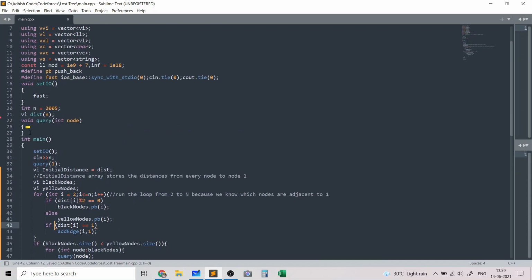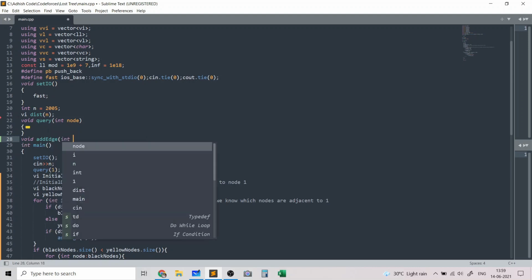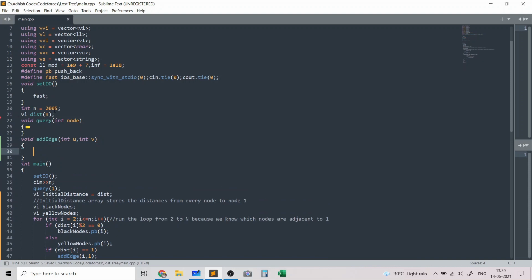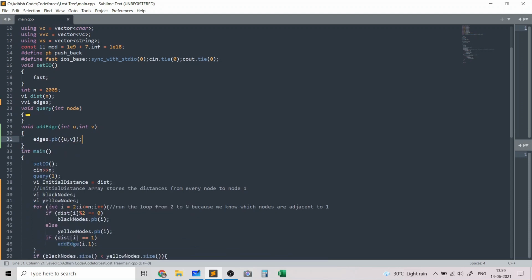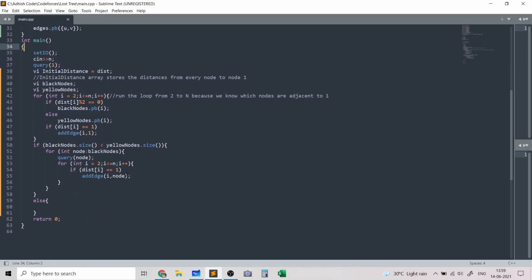and that means I'll have to implement a function add edge which takes in two parameters u and v and basically adds an edge. And adding an edge is simple because we basically need to store the edges list. So we basically need to add the edge literally to the edges list. So that's basically the add edge function.